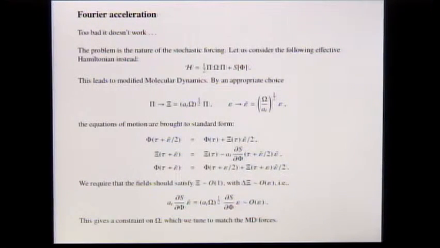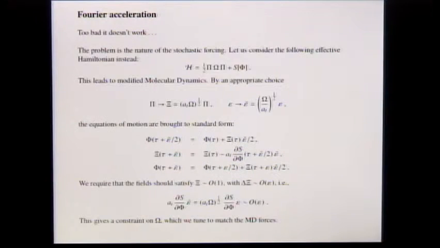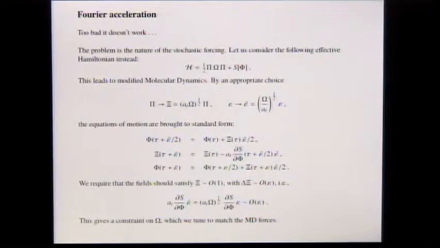Now, what does this modification correspond to, or what does it allow us to do? Well, let us use this Hamiltonian, write down the equations of motion, and do a rescaling to bring it back to this form. What we have done by that procedure is we have introduced a new step size for the problem, a step size which I call epsilon tilde, and this step size becomes mode dependent. So if we go, for instance, in Fourier space, we will see that each Fourier mode of the field and these conjugate momenta has a different step size.